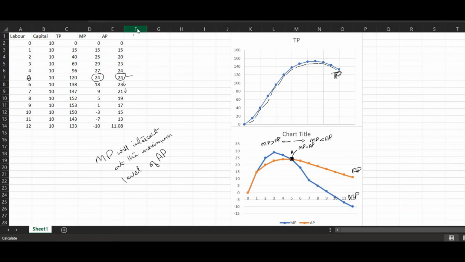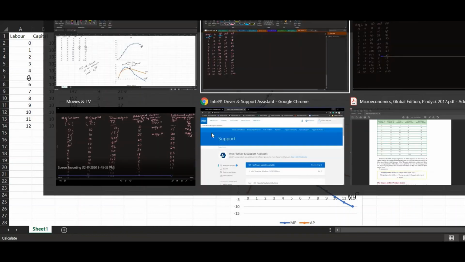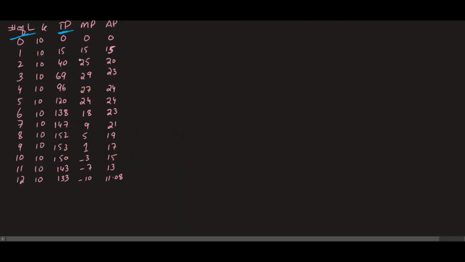The total product has started to decline. Okay, so this is the description of what we have discussed here. And this is the case of the production function. The next thing which we have to discuss here is that